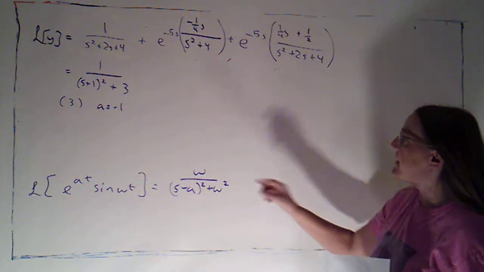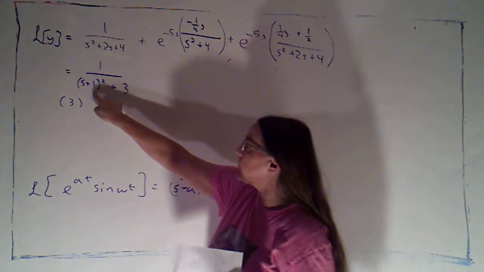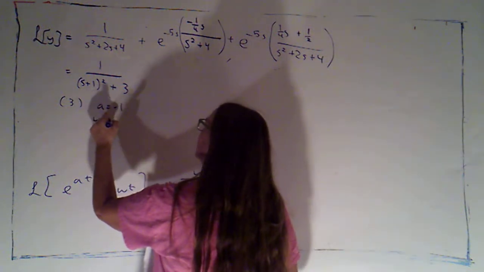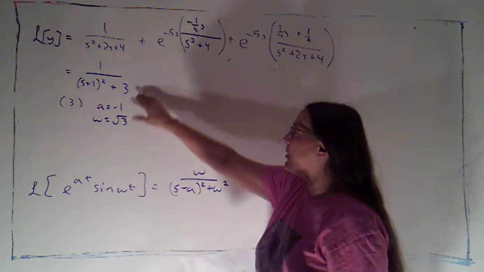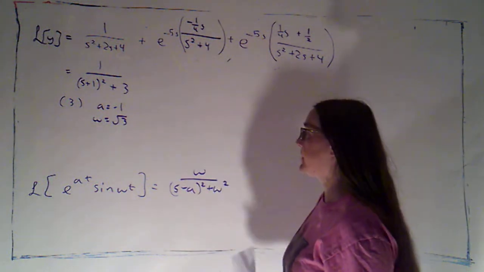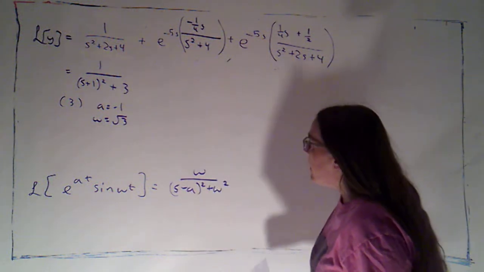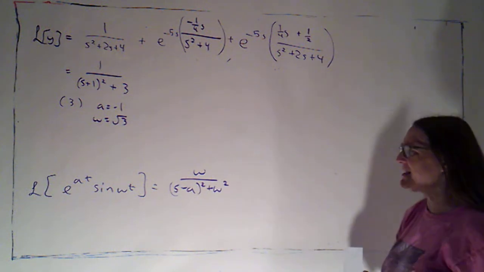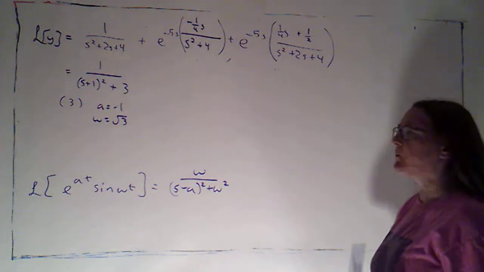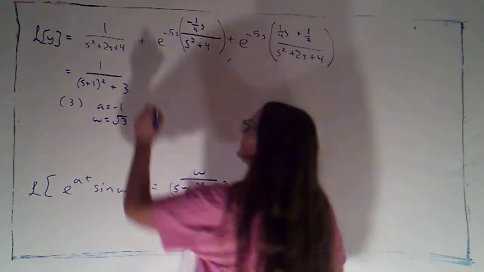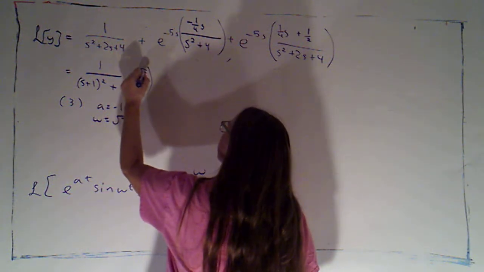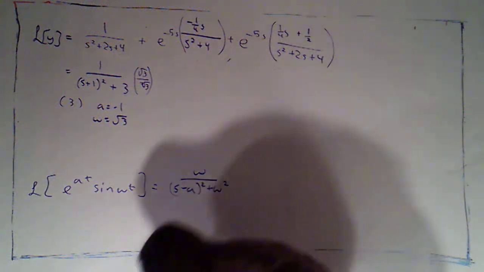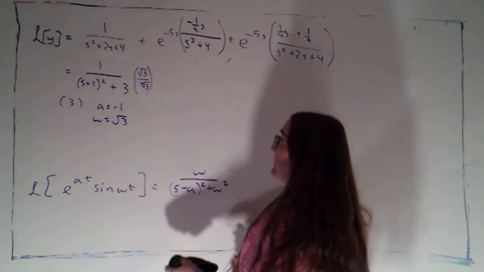And that's got to be the case because I'm subtracting -1 if I'm adding 1. My omega will be the square root of 3 because I need omega squared to equal 3. So that way I've made the bottom match. Now what I want to have on the top, of course, is my omega, which would have to be a root 3. So I'm going to simply need to multiply this by 1 in the form of root 3 over root 3. And that way, what I will have for this piece